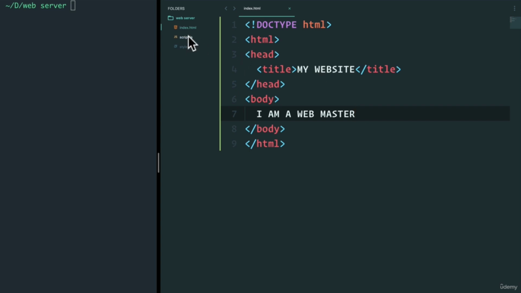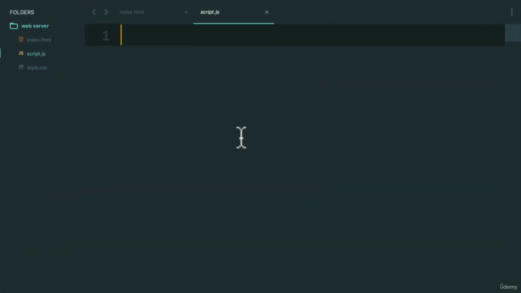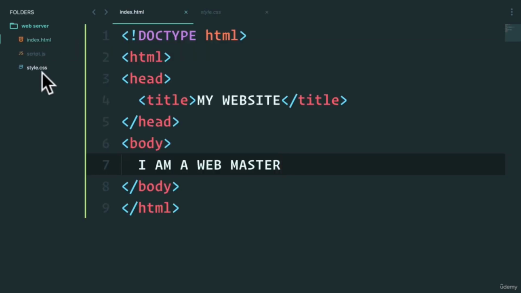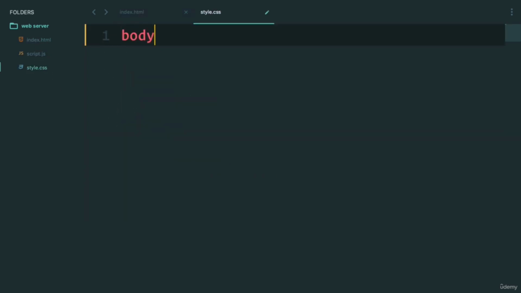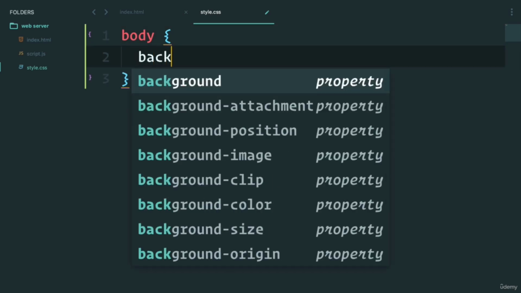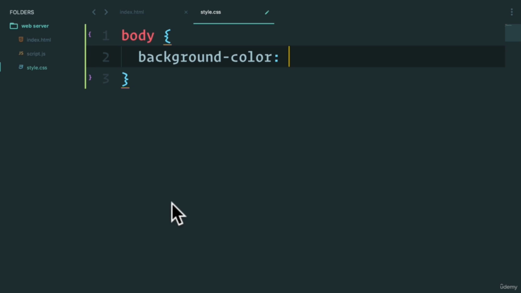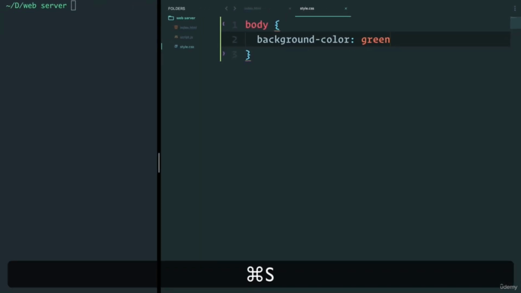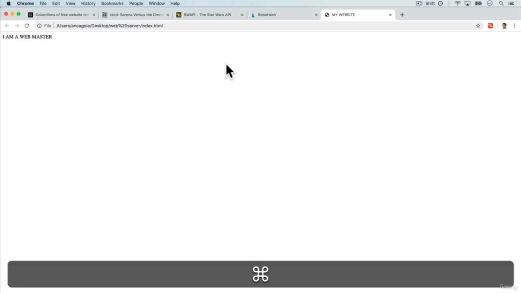Let's continue with CSS. CSS has a different syntax than HTML. CSS syntax goes something like this. We can give it what HTML element we want to add some styling to. In our case, let's say body. And I can say body, then curly brackets. And in here, I want to have background color, and we'll go with green. If I save this and I refresh the page,